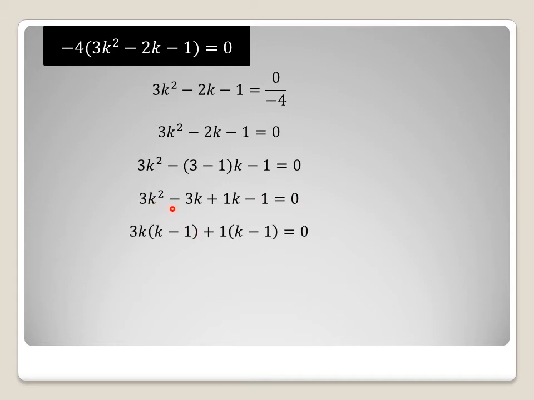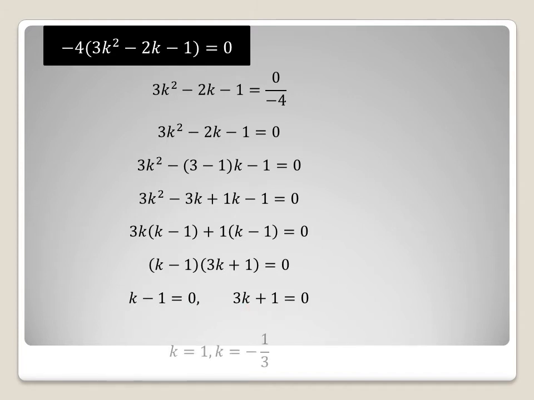Taking common from the first two and the third and fourth terms, 3k is common from the first two terms. So here only the k remains, the minus sign will remain the same, and as 3k is outside the bracket, we will write 1 instead of 3k. Plus 1 is the common term, as there is no common term between k and minus 1, so I will write 1, and k minus 1 is what remains inside the bracket. Writing the common bracket once, k minus 1, and the terms 3k and plus 1 in a separate bracket. We will split the brackets, k minus 1 equals to 0 and 3k plus 1 equals to 0. The answer of k will be 1 and minus 1 by 3.